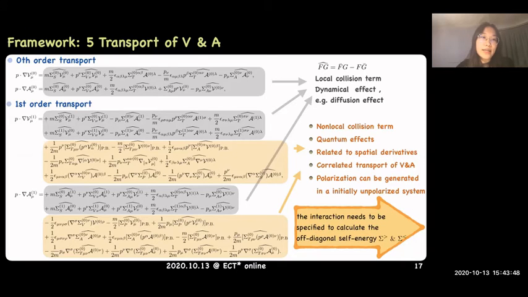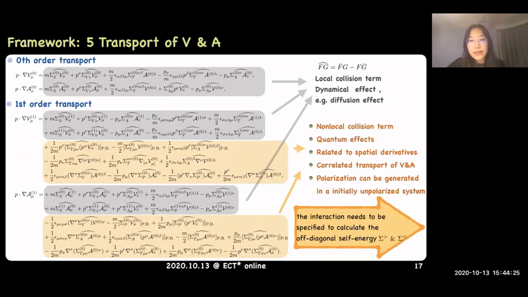The left-hand side is the free streaming part, and the right-hand side are the collision terms, and also the first order transport. These equations look very complicated, but the terms in the gray boxes are local collision terms, which describe the dynamical effects such as the diffusion effect or maybe the spin exchange process. And the terms in the orange boxes are